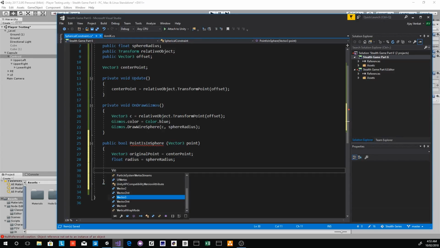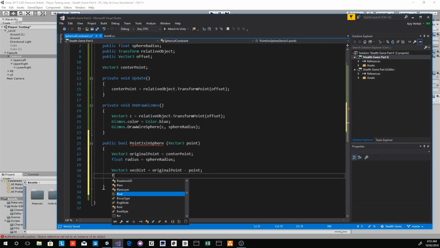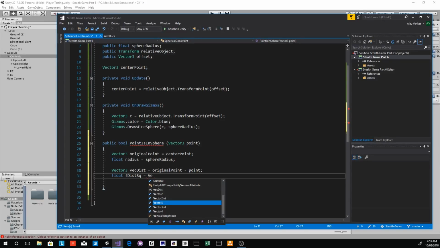We can say Vector3 vecDist is equal to originalPoint minus point. Okay, so now we're just getting the difference between the two points. Very easy stuff. Now we're just going to get the distance squared. This is very basic geometry, and it should be quite familiar to you guys. We're just going to get the dot product of the vecDist and our vecDist. Okay, and that should return